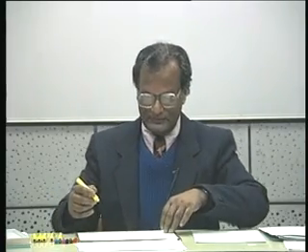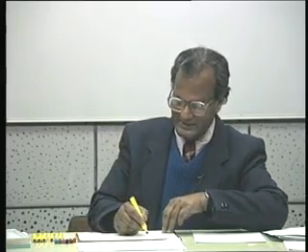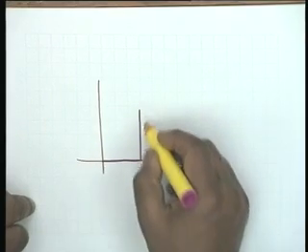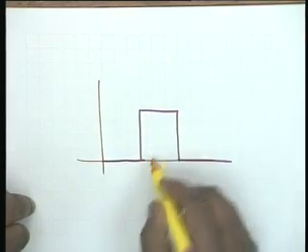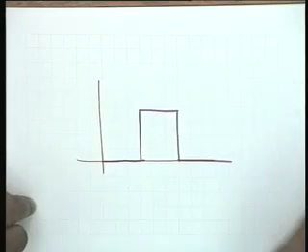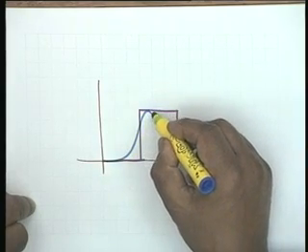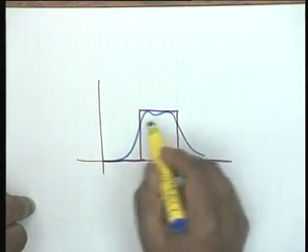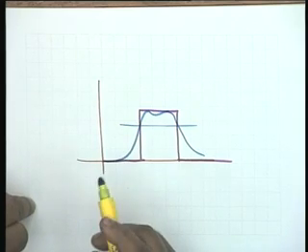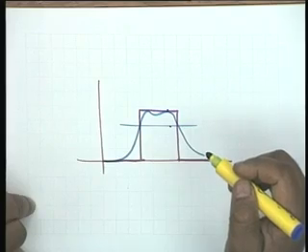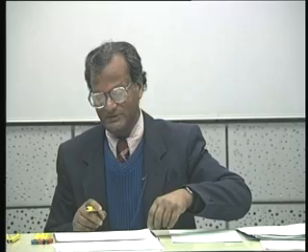There are many other uses where one wants a band pass response like this. Ideally what you require is something like this. That is, you want to pass a certain band of frequencies and reject others, and the double tuned circuit gives you a reasonably good approximation like this, where this level should be between 0 dB and 3 dB. So that is the use of a double tuned circuit.